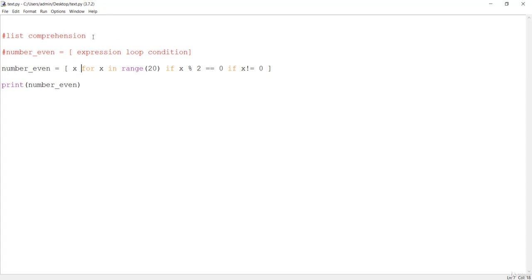So this is the list comprehension. It is pretty easy to do. All you need to see is that it is going to return us a list having the expression, loop, and the condition. It is really easy to do, and the conditions can be multiple. You can also add new expressions and new loops, and you can do all of these things in a single line, which is the important factor of the list comprehension, making the code more readable for the programmer.